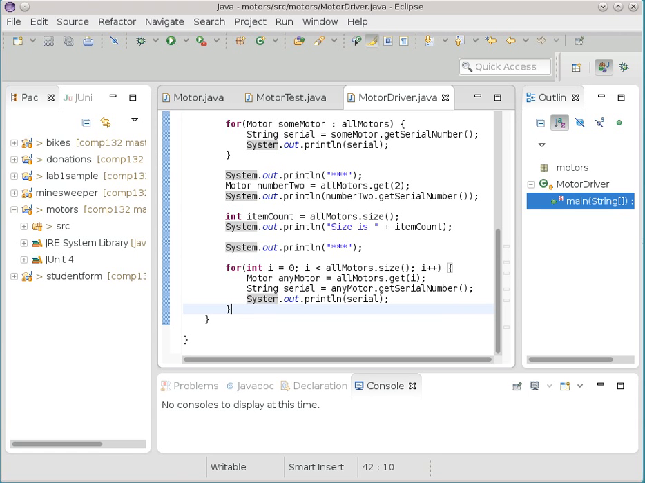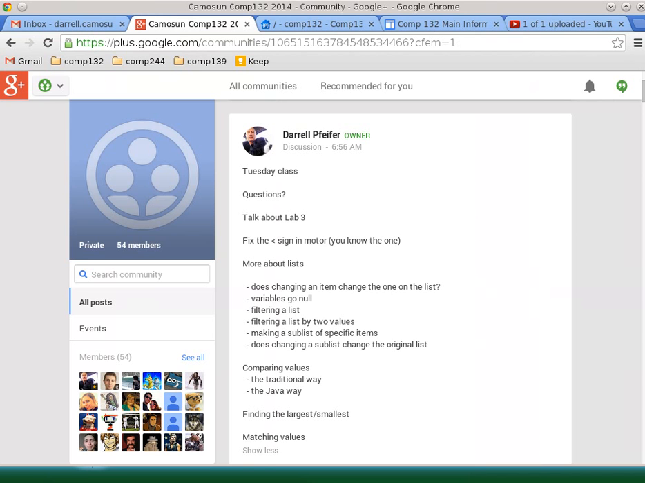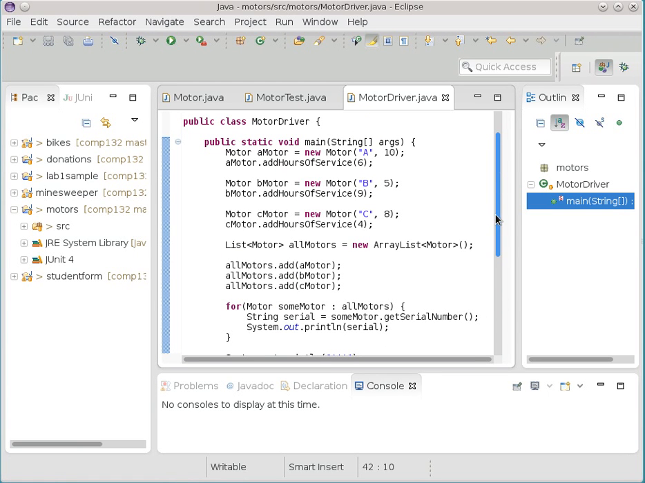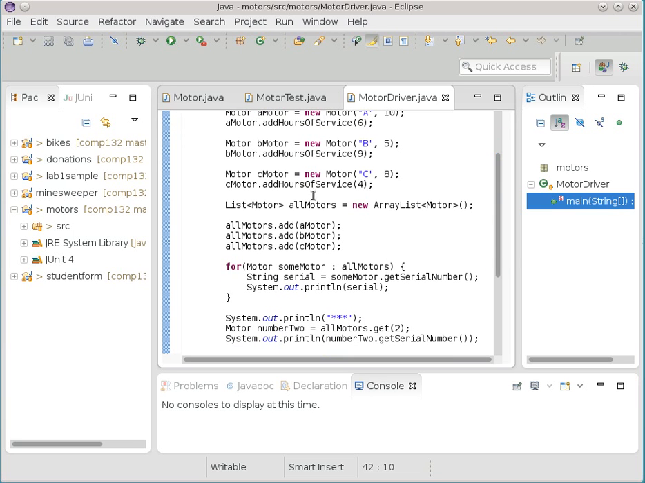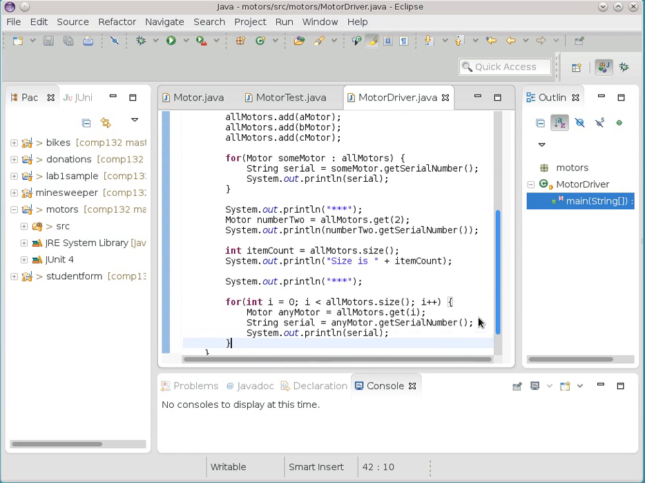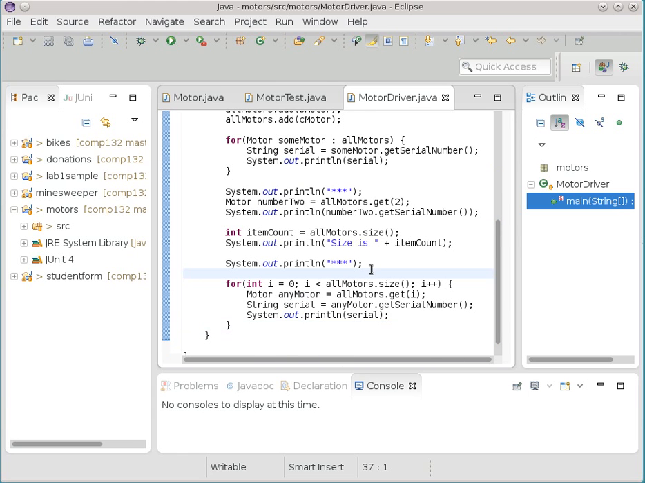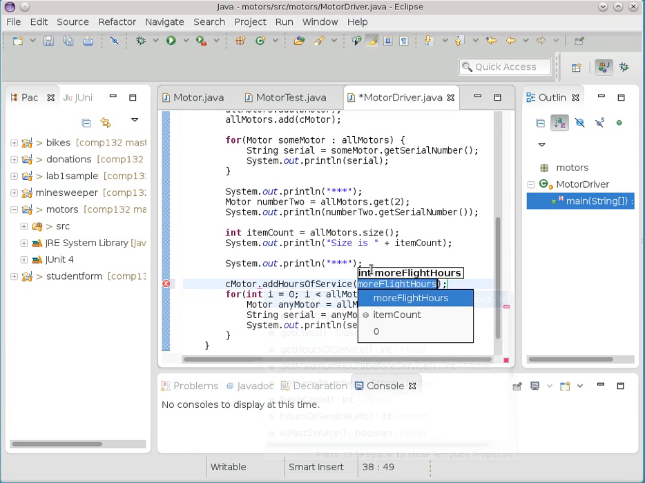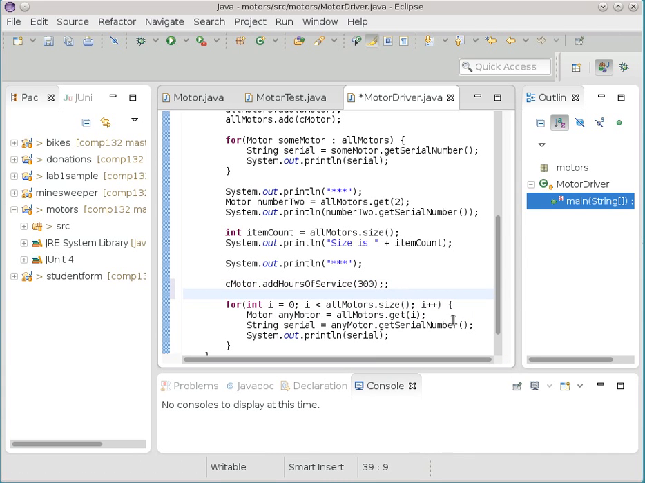So what's next on my list here? Let's just go back and look. Let's try this. If we go back and look at our original motors, I've still got that variable C motor lying around. If I go just before this loop and I say C motor dot add hours of service some number, and then I actually print out hours of service,